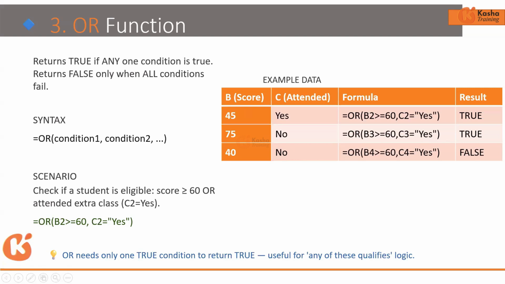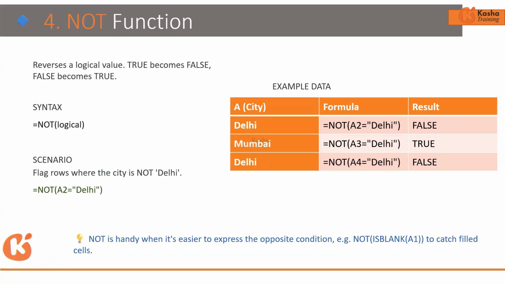Now let's move on with another function. Another function is a NOT function. What the NOT function does is it reverses a logical value, which means true becomes false and false becomes true. So this is the syntax, you can see NOT logical. And here you can see flag row where the city is not Delhi. So where the city is not Delhi, it should